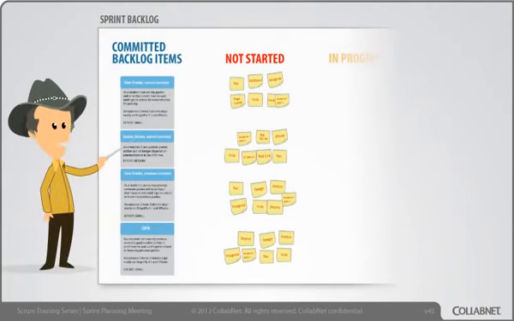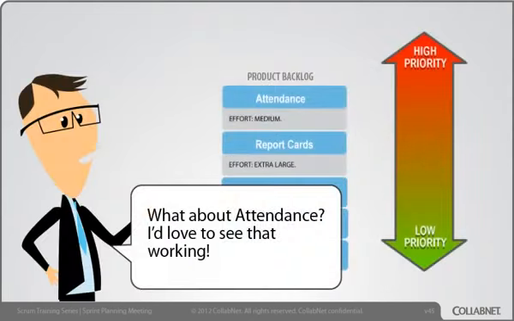Hey, it's Michael again. This team used the whole time box to come up with the sprint backlog because it's one of the first sprints. If we keep the same team together and keep the sprint length constant, they'll eventually develop a better intuitive sense of their own capacity. What about attendance?